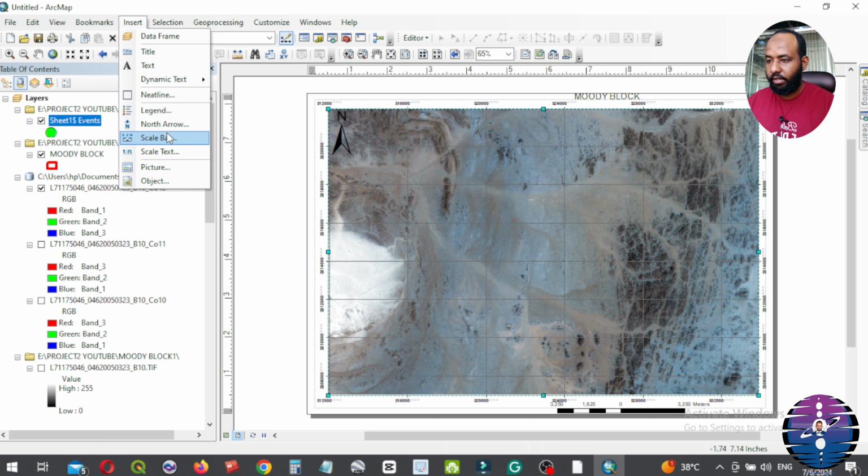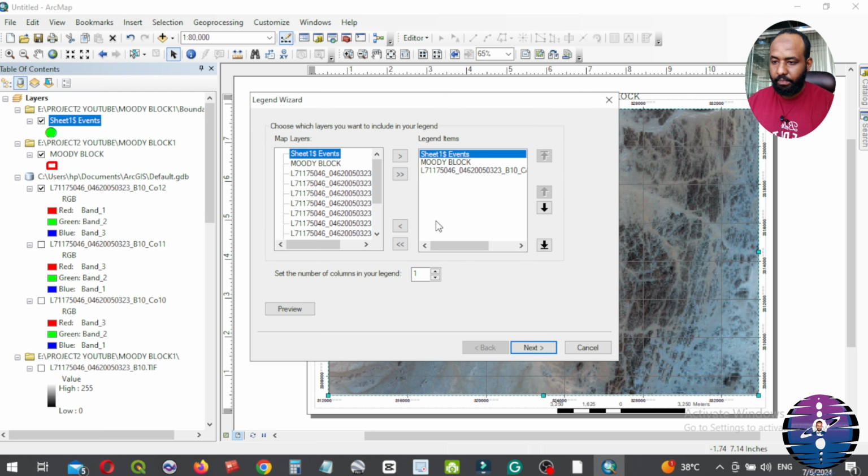Insert our legend. Legend items, Moody, P10 composite. We can move elements from here by this arrow. This is our TIFF images.